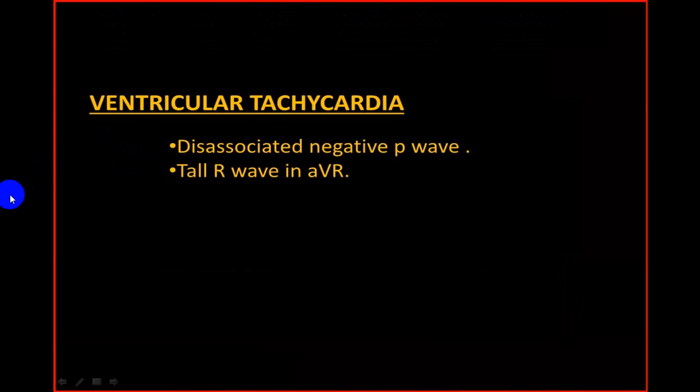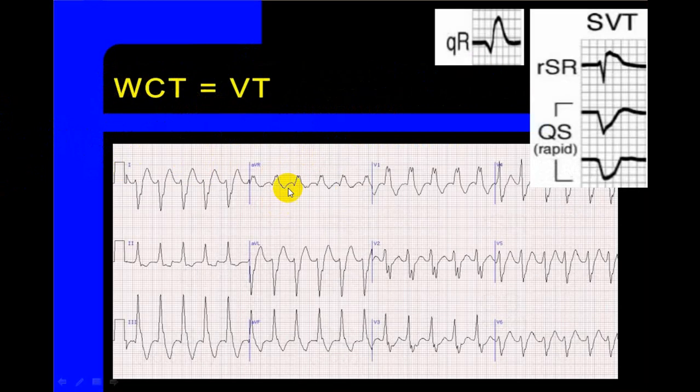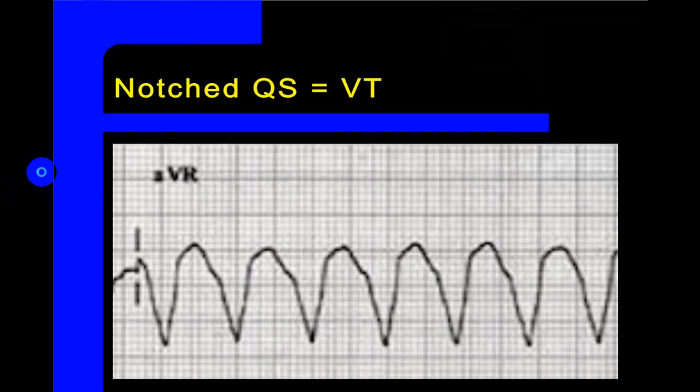Ventricular tachycardia will be discussed separately, but one more thing. Whenever you see a dissociated negative wave, that is P wave, and there is a tall R wave in AVR, it is in favor of a ventricular tachycardia. This is one criteria. I'll skip over this. This will be discussed when we discuss VT from SVT by looking at lead AVR. So in AVR you get a peculiar presentation. We call it small q and RS pattern. It will be in favor of a wide complex tachycardia, wide QRS tachycardia, and it will be SVT with aberrancy.